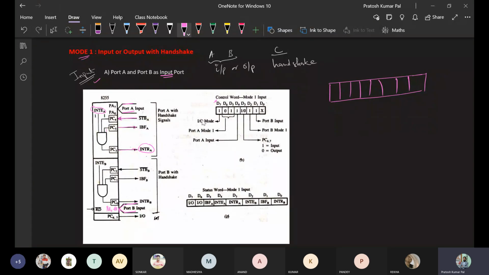If the strobe signal is given by the peripheral device, then the peripheral device wants to send the first byte of data to the microprocessor. If it wants to send the data, it will give out this strobe signal. Once this strobe signal is accepted by the microprocessor, it will accept the data. Once it is accepting the data, the microprocessor has accepted 1 byte of data from the external peripheral device, then